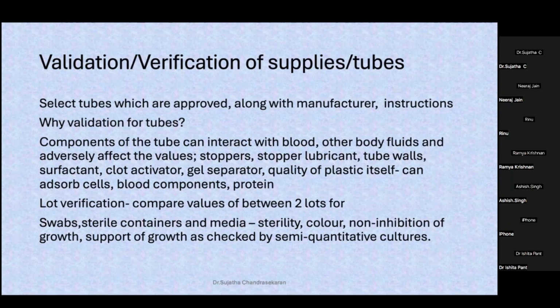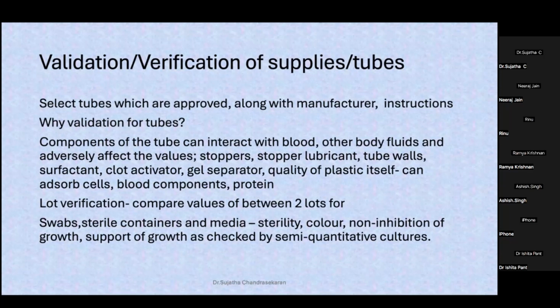That is, it has to inhibit the contaminants, the normal flora, that happens in selective media. Then second is support of the growth. Suppose you collect a swab for chlamydia and send it to the lab, but all the chlamydia that are present are gone at the time of collection itself, either in the transport medium or in the swab,